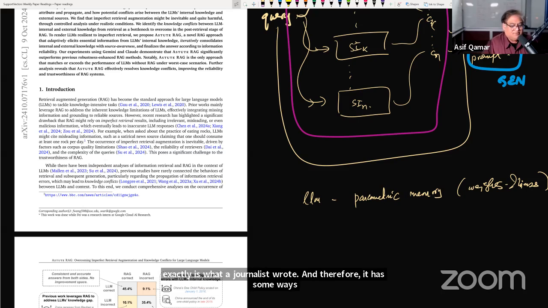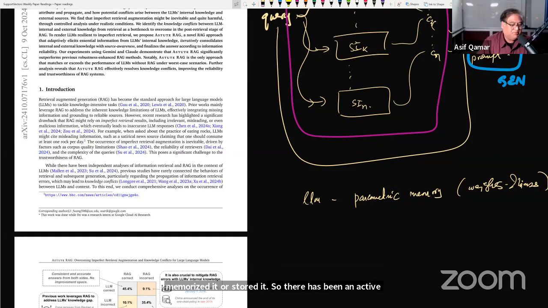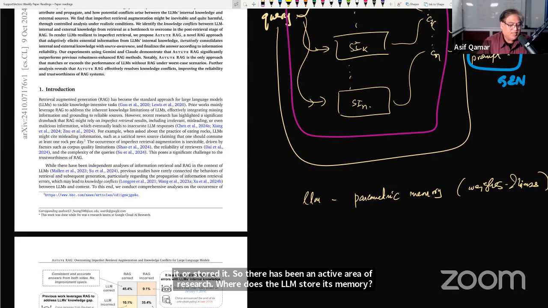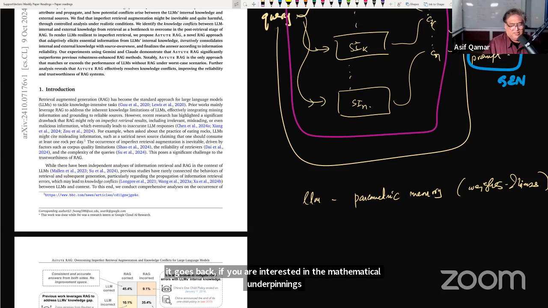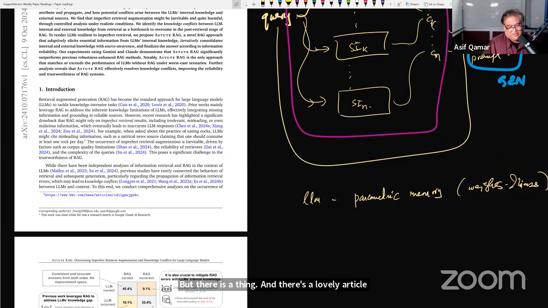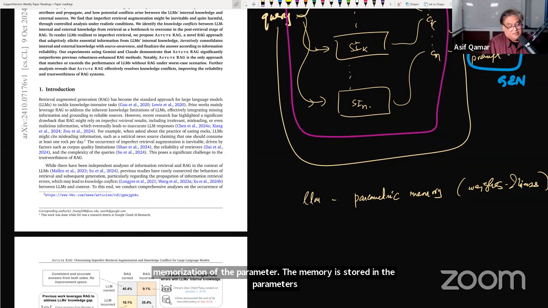So there has been an active area of research: where does an LLM store its memory? To the best of our knowledge, it is in the feed-forward layers. That is an emerging understanding that we have these days. And it goes back, if you are interested in the mathematical underpinnings, there's a lovely video that 3Blue1Brown has come up with, making this point. It seems that the memorization, the memory, is stored in the parameters of specifically the feed-forward layers,